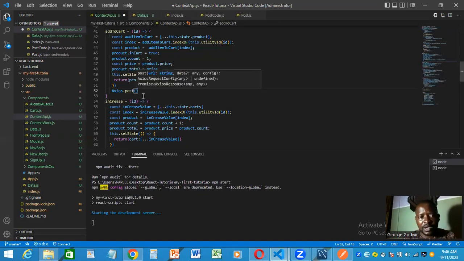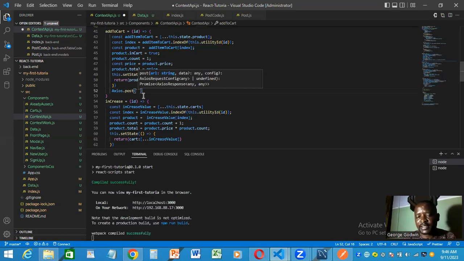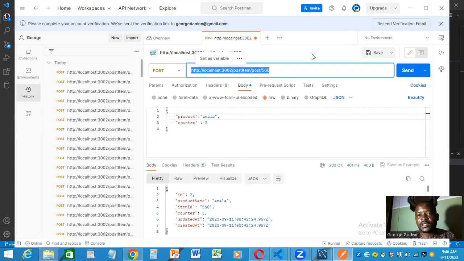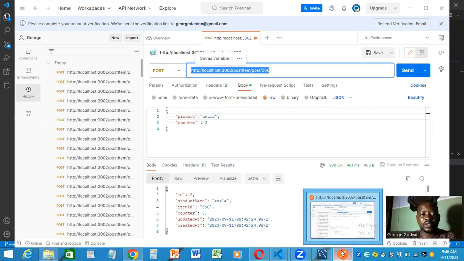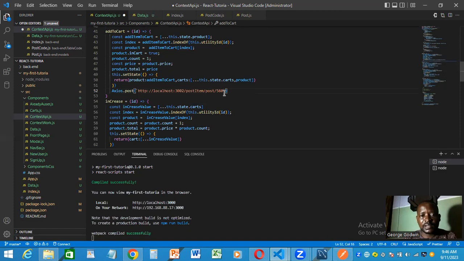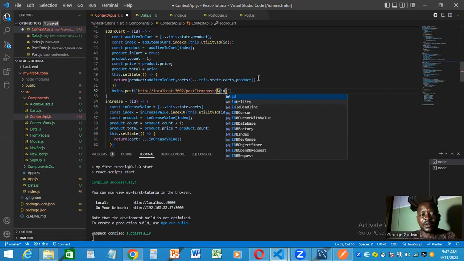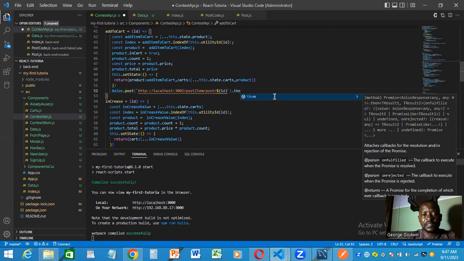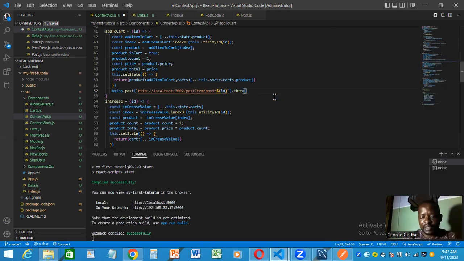And I will use the backticks because I want to get the ID. So this is a post method. Let me copy everything that we have here because this is the address that we are going to be using. I'll paste it. This here, I will use the $ sign to get our ID. Remember, we have the ID. So I'll say dot then, this is a promise that whenever